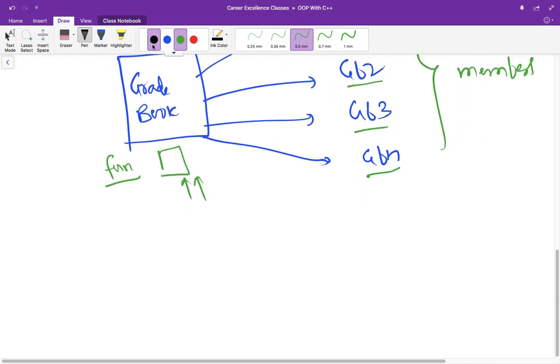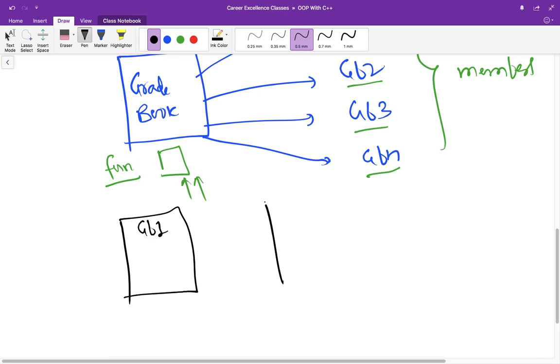You can see it like this: we have gb1, one object, and gb2, a second object. As of now, we'll take the example of these two objects only.